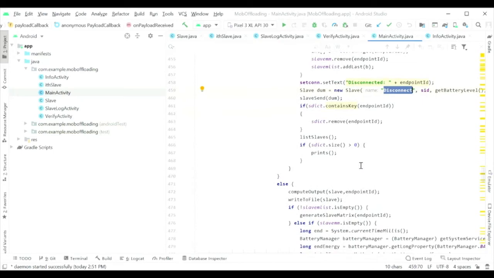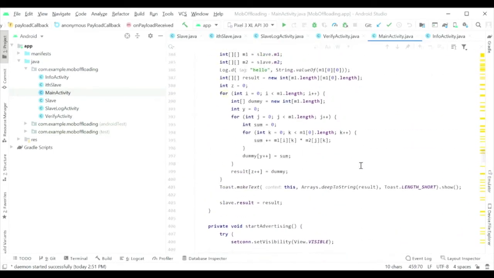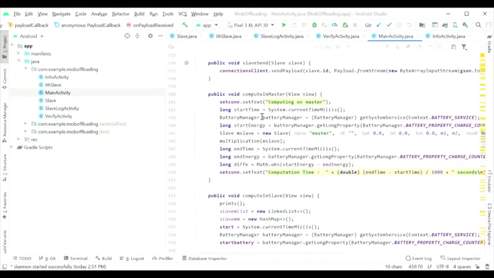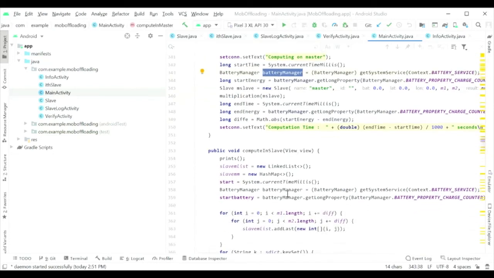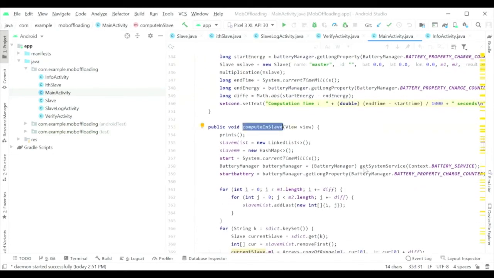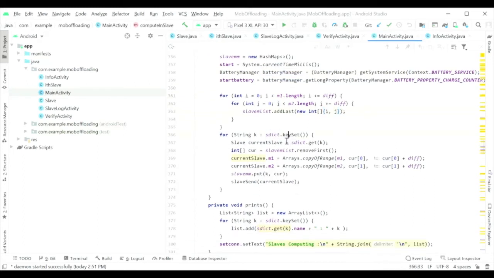After this, we have an option to do the matrix calculation on the master or the slave. On the master, it is straightforward. It does the direct normal multiplication on the master and also checks how much battery and time has been consumed. Coming to the compute on slave, we used a round robin approach for this. We start with the time and the battery first, and then we split up the matrix on the master into various chunks based on indices. Based on which slaves are available to us in the dictionary after the connection has been established, we populate the matrices for those particular slaves so that they can calculate, and we send this slave information from the master to the slave